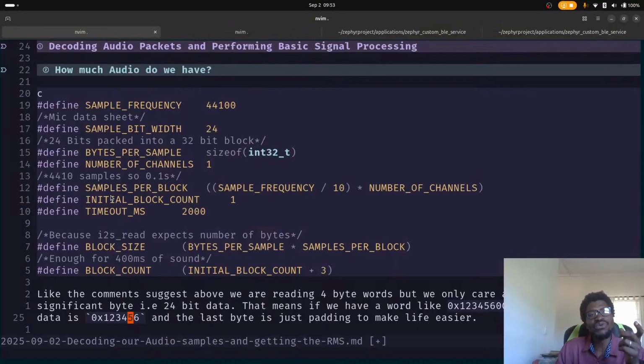Cool. So we want to know how many samples are in one block. So we take the sample frequency, divide it by 10. So that's a 1/10 of a second, times the number of channels, 1. If it was stereo, it would be 2 channels. But I'm making this code general so that later on you can just change a couple of lines and it will still work, okay? So inside one block, we want to put sample frequency divided by 10,